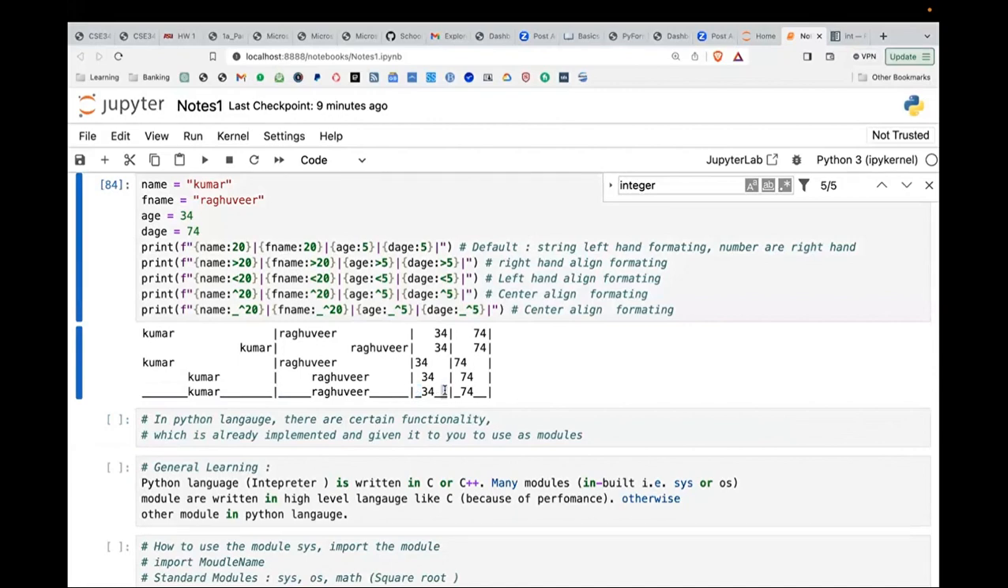There is a 1, there is a 2. Okay. So what would I have done? I would have changed this to 5 to